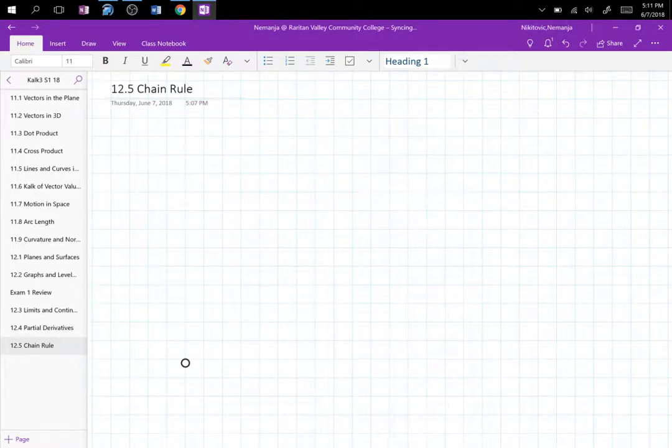Hello and welcome back to Calculus 3, section 12.5, chain rule. It's technically chain rules because it should be plural, because pretty much every situation will call for a different formula. In Calculus 1, there was a single formula for chain rule. And then we said if we chain more than 3 functions, we just keep nesting. But in Calculus 3, we have more issues than just multiple nesting, which is we have the issue of multiple variables